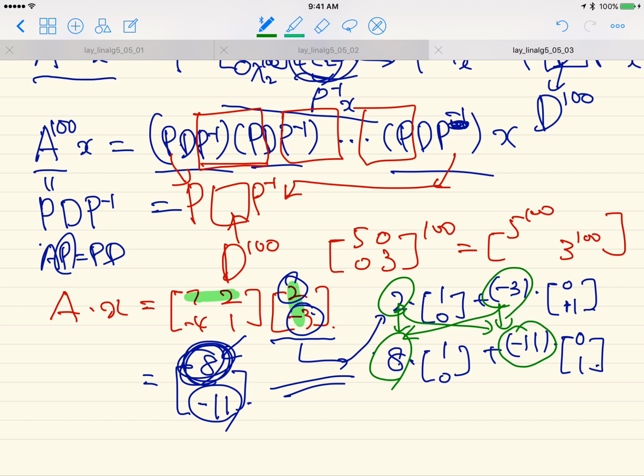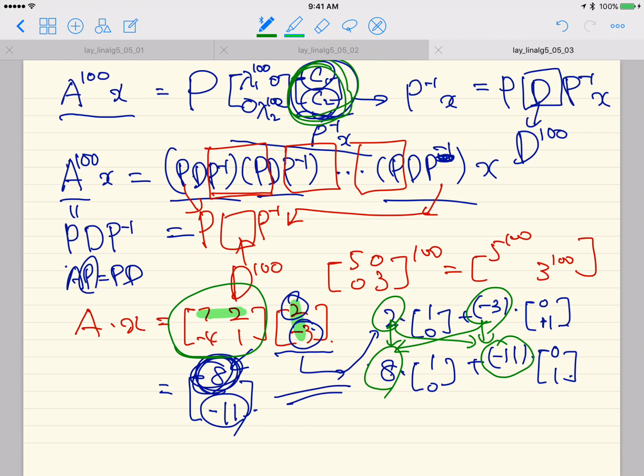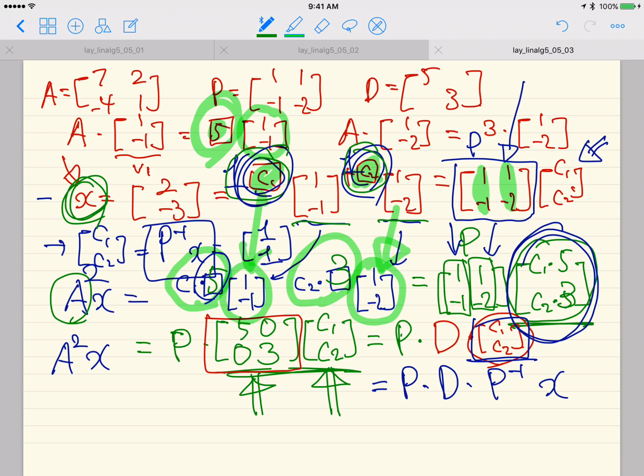But if your matrix, this part, is a diagonal matrix, then once you obtain this C1 and C2, which is computed as P inverse times X, this kind of process is the B coordinate that we learned. We are changing the set of basis vectors into a new basis, and then computing the new coordinates, and those new coordinates are C1 and C2, right? So once you change your coordinate system that way,